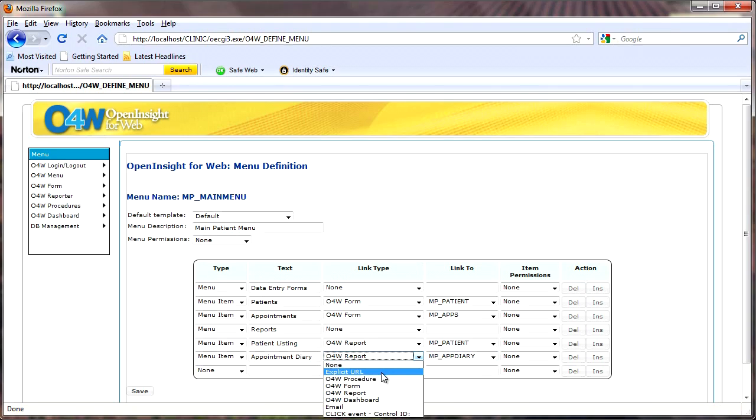You've got explicit URLs that you can run, so you might want to make a call out to your website. I could also have created a link back to the development tools within O4W. I could run a procedure, a dashboard, send an email, a click event, etc. But I'm quite happy with that for the moment, so we'll save that when we're done,